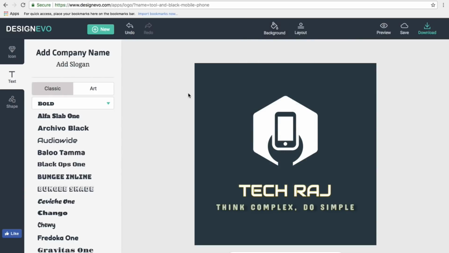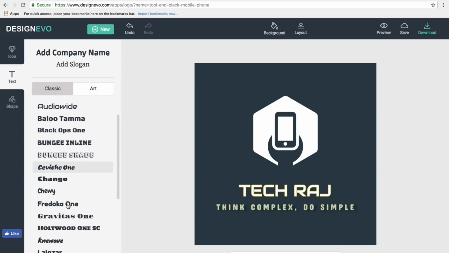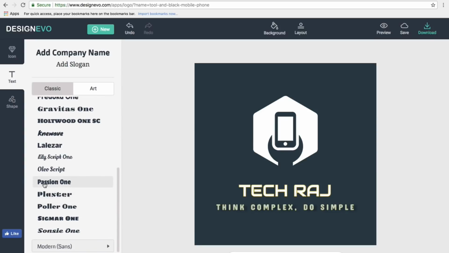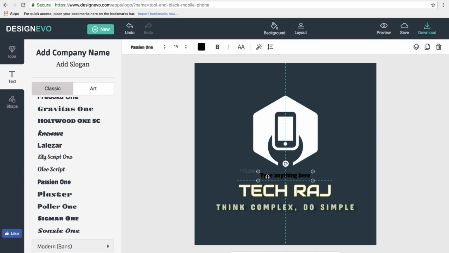Not only that, you can even add a text to your logo. In order to add a text, just click on the text, the font of the text you want to add. For example, I'll add this, and as you could see, it appears on the screen like this, and you can type anything here. So if in case you want to add some other details to your logo, you can just add a text like this, but however, I'll not be adding any text.